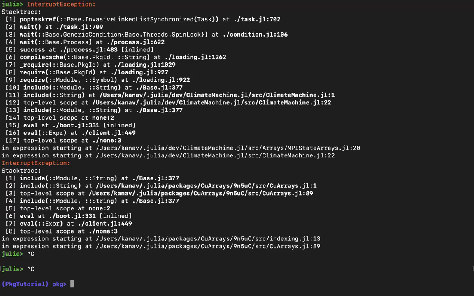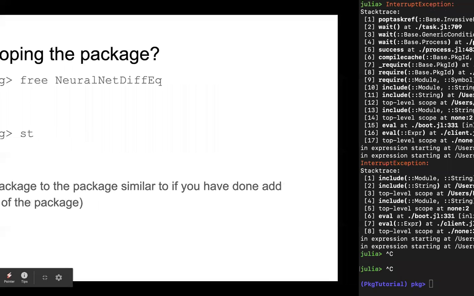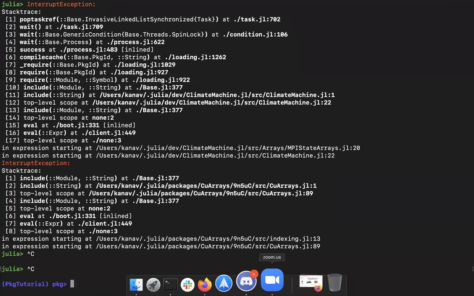But when you do dev, they won't be updated. They'll only stick to the master branch or the current branch you are working on. So when you are done working and you want to allow it to get updated, and you don't want to work on it again, you have to do free.